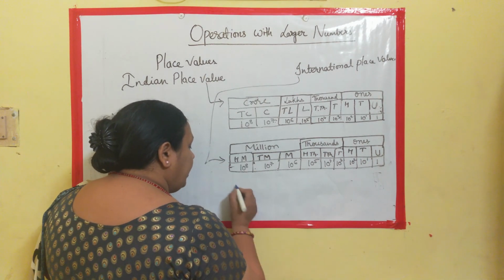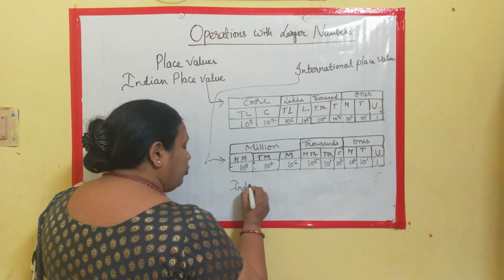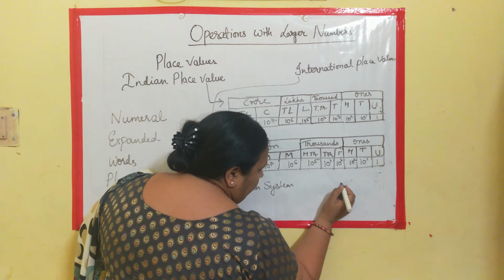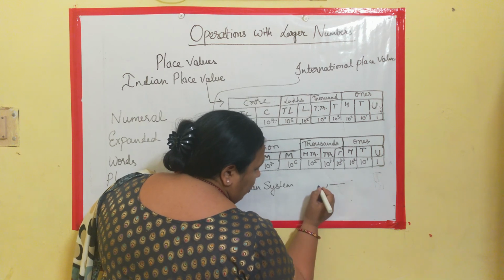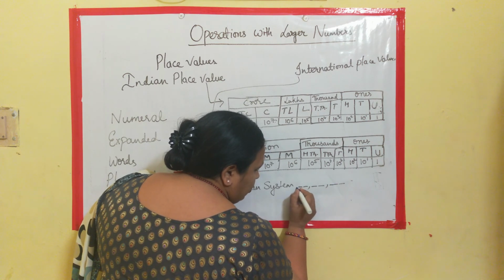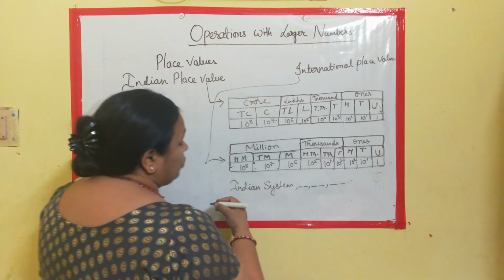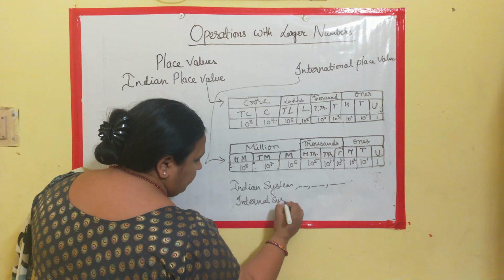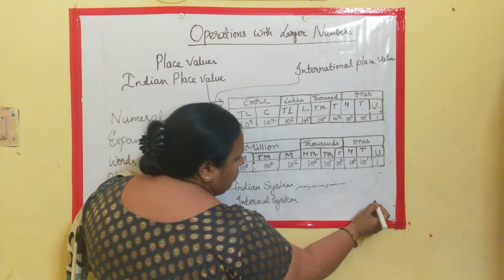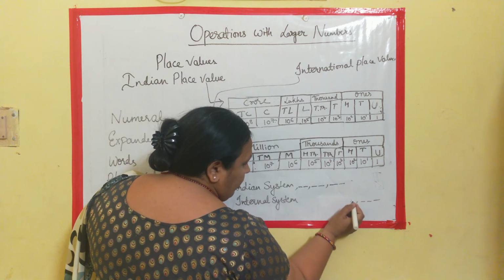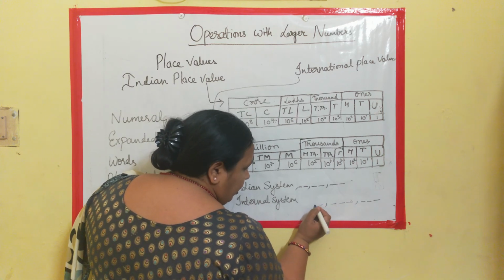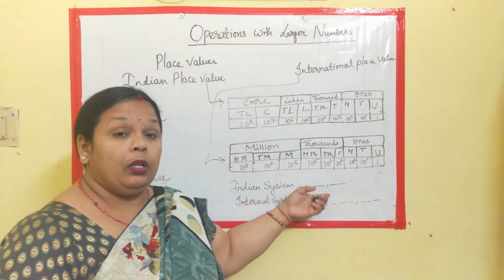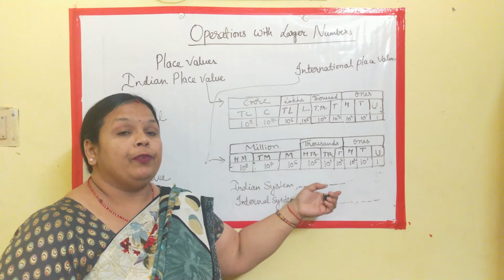And what else have we learned? While writing a number in the Indian place value chart, the Indian system, the numbers will have 3 digits, comma, then 2 digits, comma, then 2, and similarly another. Whereas in the international system, when we are writing the numbers, first 3, then comma, then 3, then comma, then 3 and then comma. So the comma will help you to read the number faster.